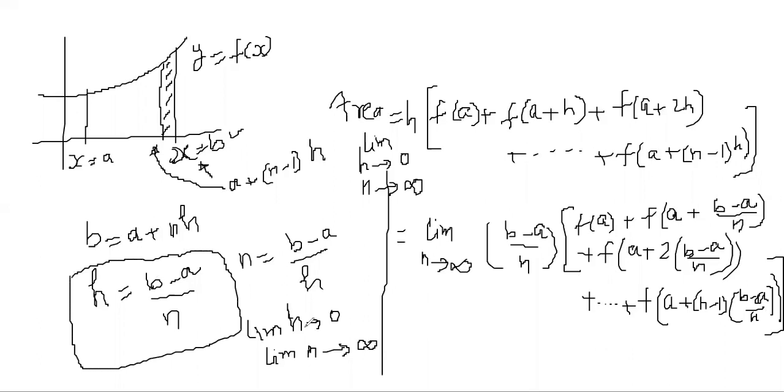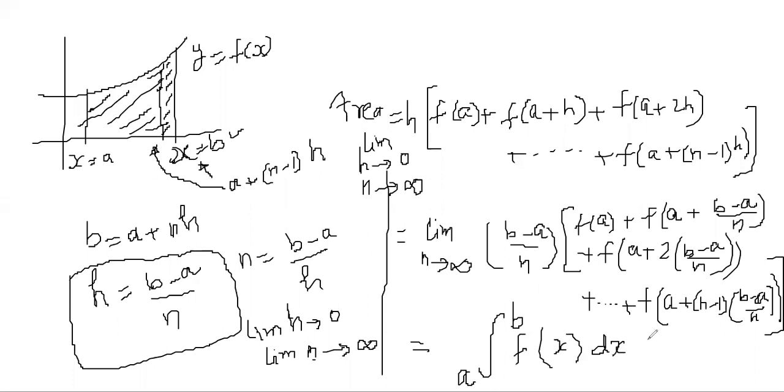Now this limit of a sum can be written as a definite integration. So we write an integration, that is also the area under the curve from a to b. So the definite integration actually gives the area under the curve. So the whole area from a to b under this curve with the x-axis is written, by notation, as the integral from a to b, and you will write the function of x. So here you will write f of x and dx. So this is how you will write it.